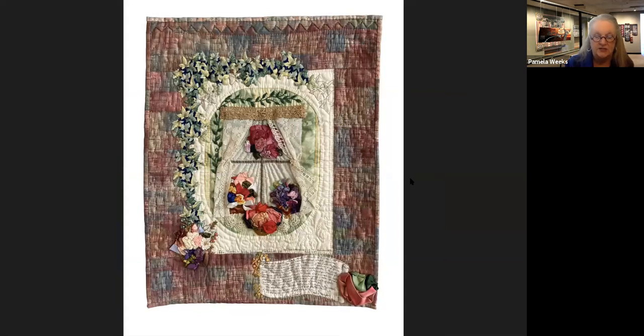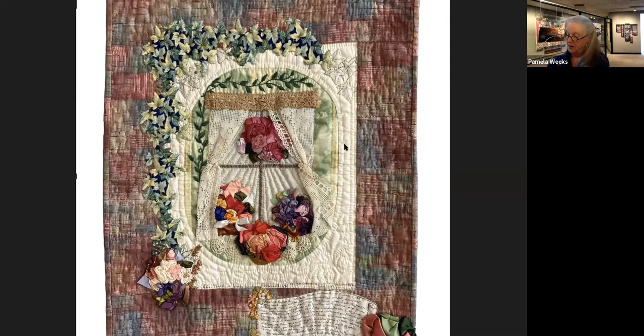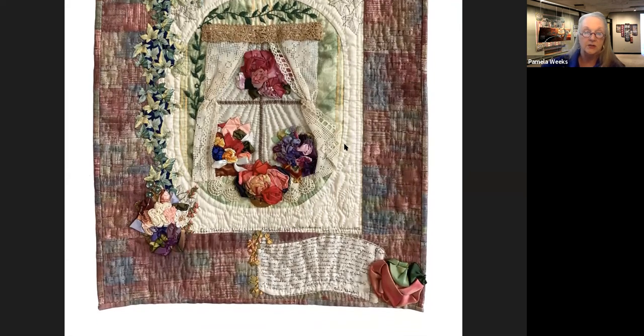Faye Labanaris is a Dover, New Hampshire native who really glommed onto Ellie Sienkiewicz's applique work and took it beyond. This is a piece that was made for Lars Kane, and I'm going to take a second and find the label so that I get it right. Faye, after studying with Ellie Sienkiewicz, wrote her own books about 3-dimensional applique using a lot of wired ribbon. She gave this quilt to Lars Kane to thank him for presenting quilt seminars at the Kachiko Quilt Guild Biennial in New Hampshire. An inked inscription in the lower right-hand corner is a quote from Celia Thaxter that describes the window